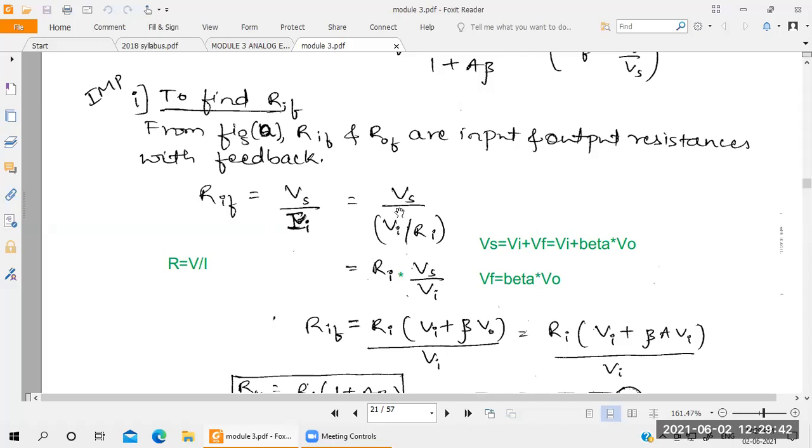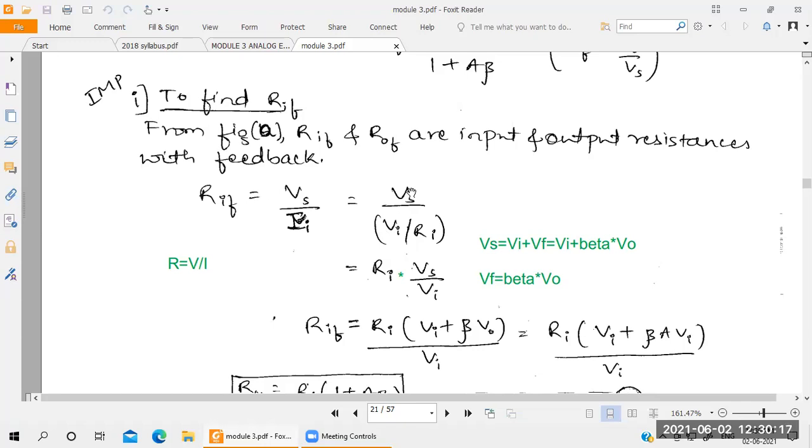So what is the difference between Vs and Vi here? Are both equal? No, both are not equal. Why? Because Vs is the source voltage or main voltage, either DC or AC. So Vi is what here? It's the output of the mixer, or input across the amplifier. Understood? So these two are not equal.